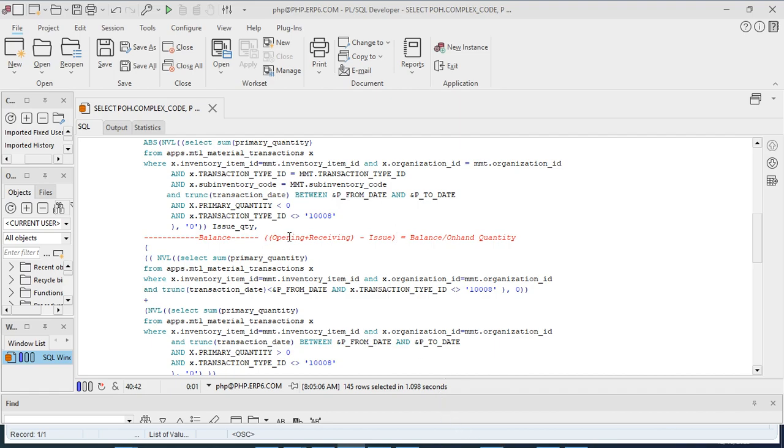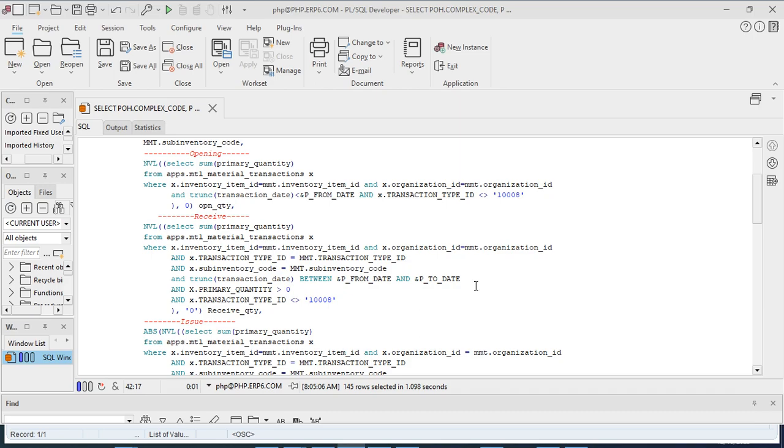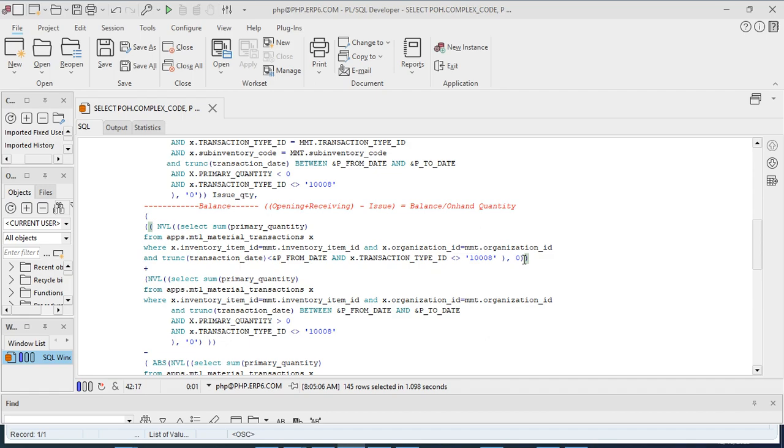Look, for any kind of item we calculate the opening quantity, then we also have the receiving quantity, then opening and receiving plus minus issue quantity will be the balance or on hand quantity. The same logic we are applying here. Look, this one is for opening. The same query, whatever you are writing in here, just copy it, then put it in here, then go for the plus and go for the receiving,